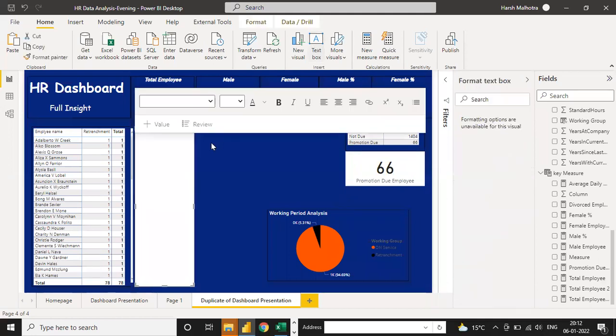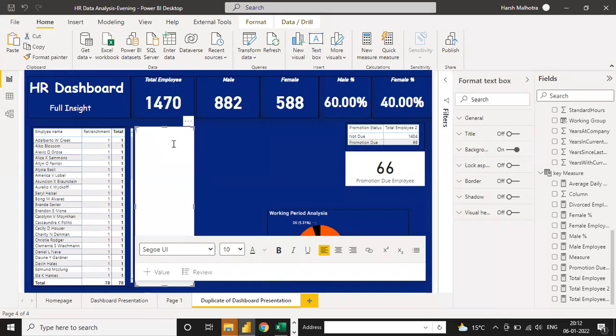Just a minute, I'm writing here. 7 measures. So 3 for promotion status, and 4 for working hours.